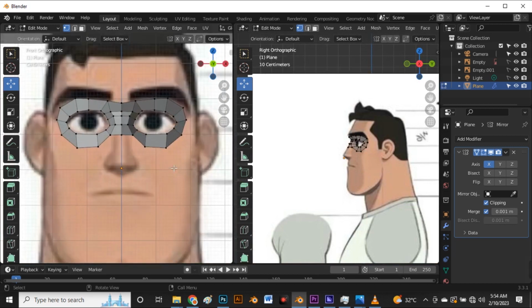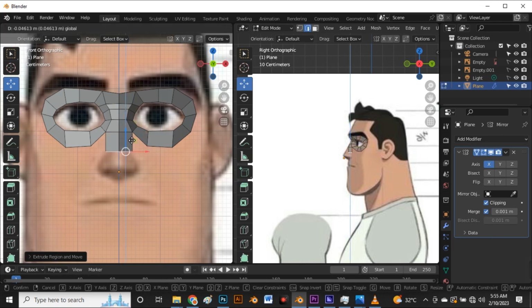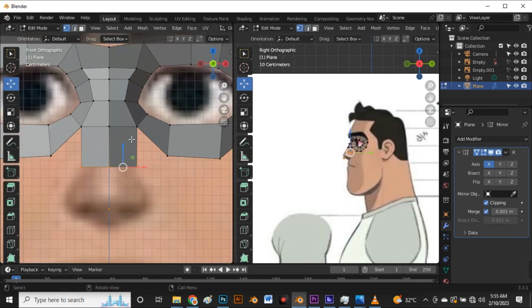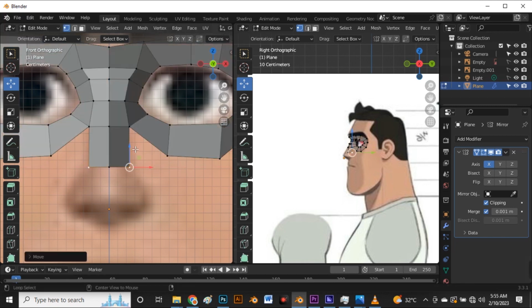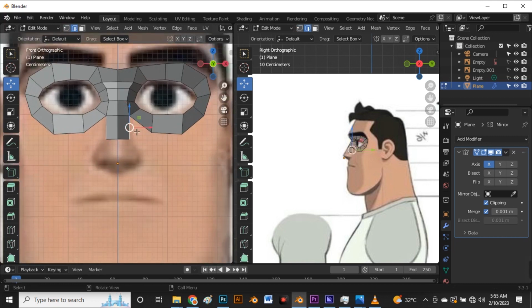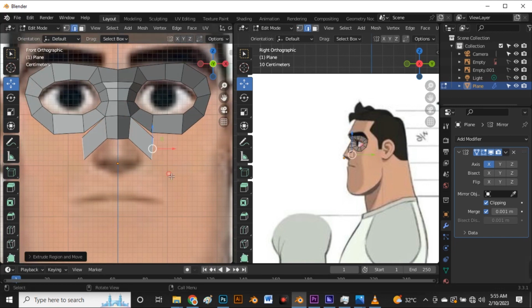What we're going to do now is very simple. You say 2 for edge selection. Select this. You say E to extrude. Say 1 for vector selection or Z. Move this to this point. Move this to this point. 2. So select this and S to scale and R to rotate. E to extrude, R to rotate, S to scale,